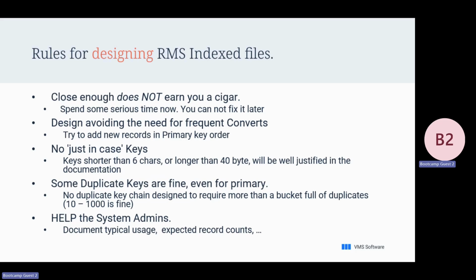So if you are designing a fresh usage of a file, then we need to try to avoid the need for frequent converts. So, and we'll talk about that a little bit more, if you add records in an ever-increasing sequence, then they will be nicely stacked, and there's no immediate reason to convert your files over and over. If you fill up your files randomly all over the place, room has to be made, bucket splits will happen, and converts are required. Which means that you might even need an artificial key, which in 1978,